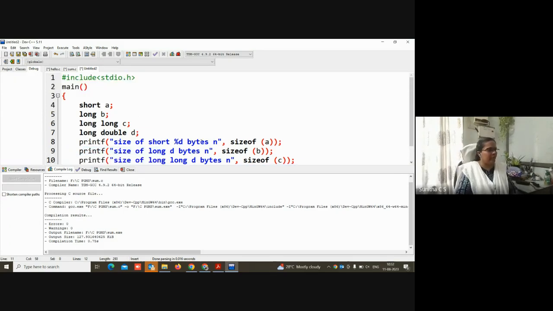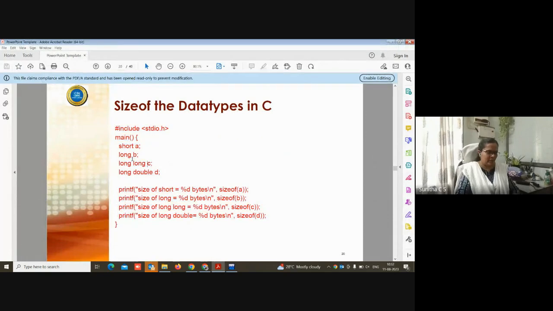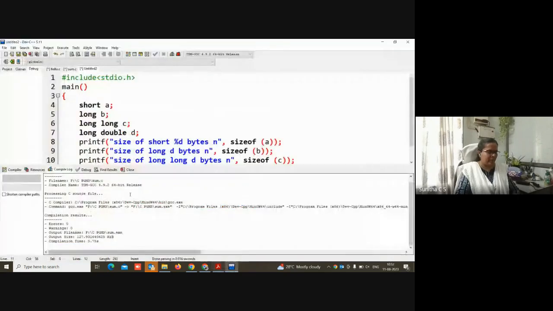So this is a program where I have just declared 4 different variables A, B, C, and D. For example, here there is no data type, it's only long. And the second one is long long.